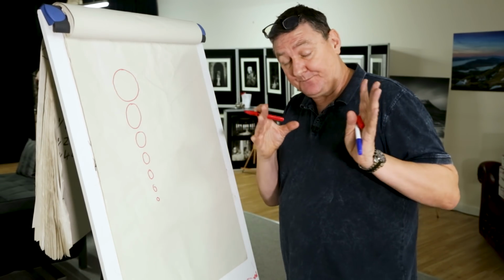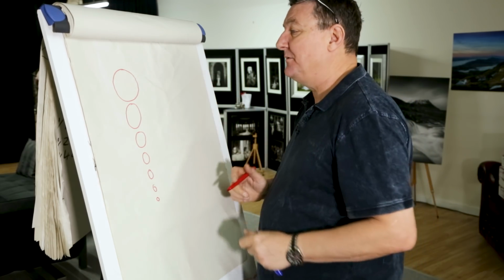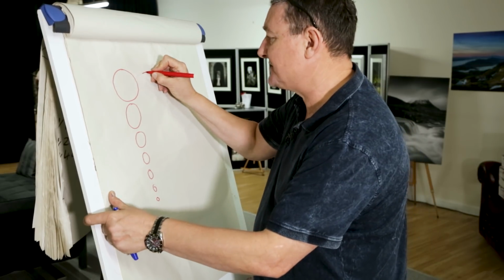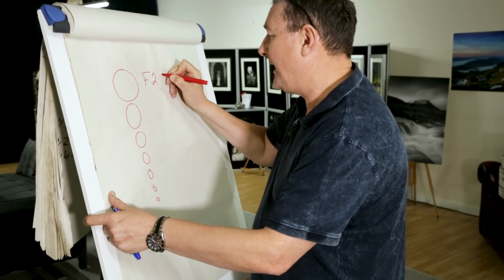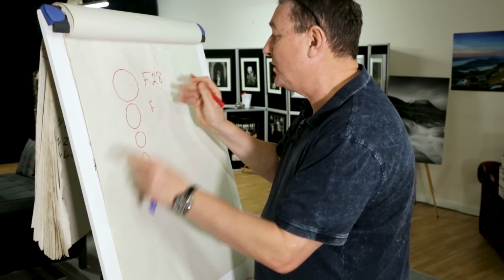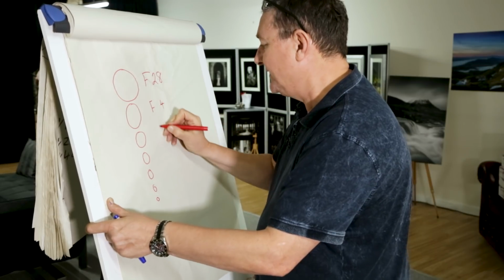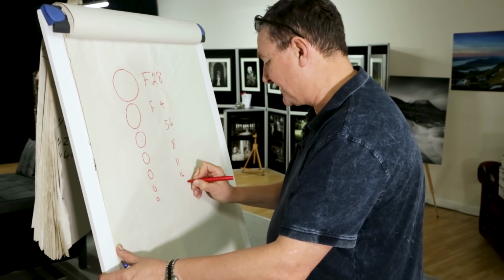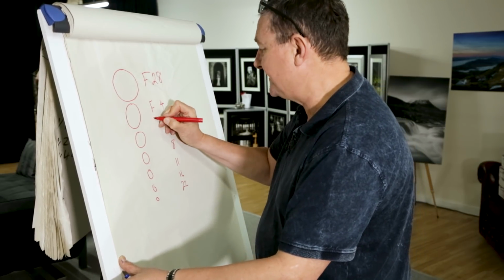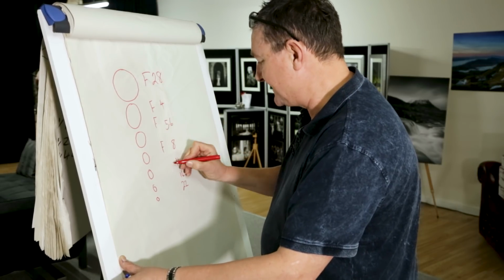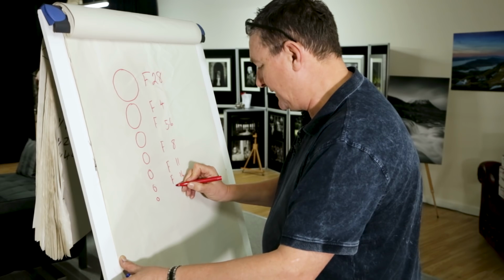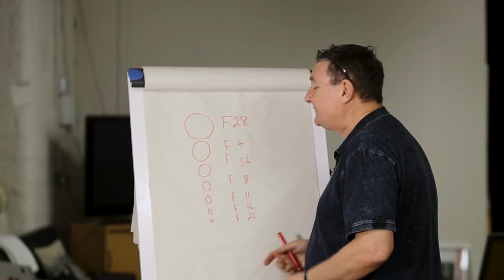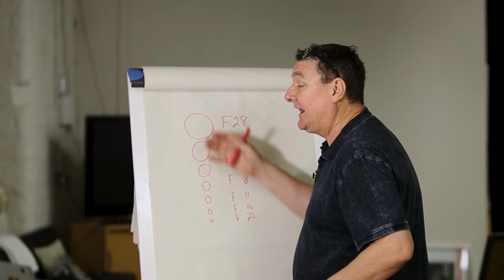Now, this is where people get slightly confused. When we now add the numbers that represent the size of the holes, let me give you an example. Let's assume that your lens can go as wide open as f2.8, so f5.6, f8, f11, f16 and f22. F stands for focal. Okay, right, now, so there we've got an array of different size holes, different apertures,